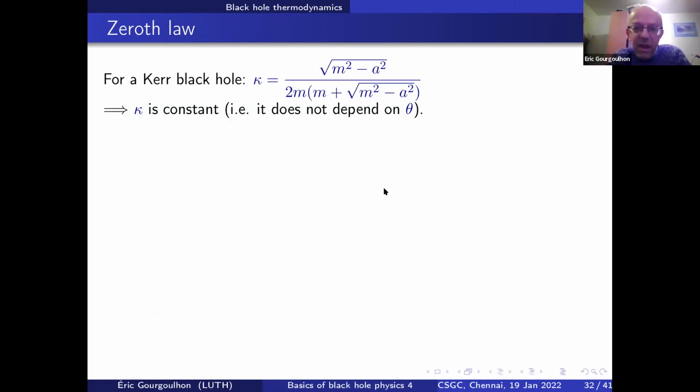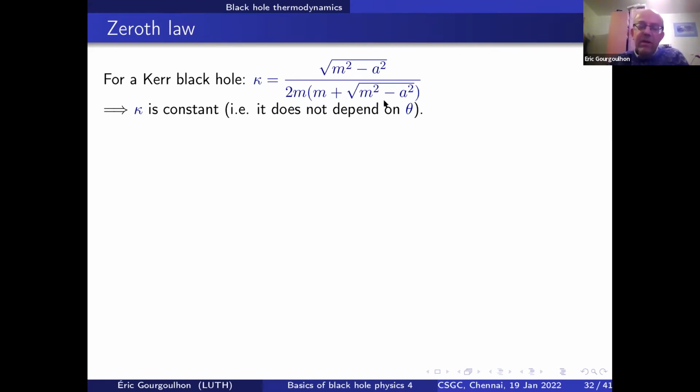We will see now, thanks to the zeroth law, that it behaves really like a temperature. In particular, it is constant in equilibrium, like the temperature. Why is it so? Because we found this formula. Actually, it was done in the Sage math notebook. We didn't do the computation together, but you can redo it yourself. We found this formula for kappa.